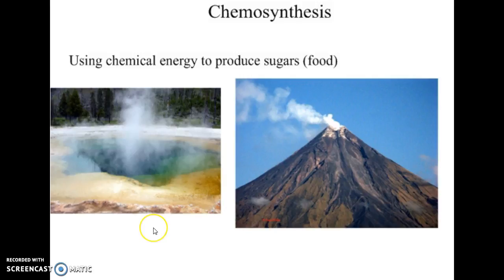It's a process very, very similar to photosynthesis, but this process is called chemosynthesis. So chemo for chemicals. They're using chemical energy to produce sugars. Most of these chemosynthetic organisms would be very, very small, microscopic bacteria. Organisms that can withstand these scalding temperatures like we would have if we were right next to Old Faithful, or if we were down the chamber of that volcano. Very, very hot, but bacteria can withstand some of that.